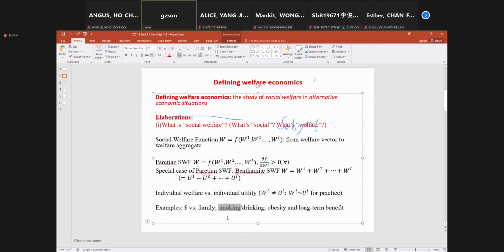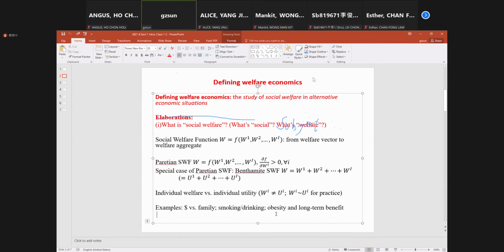But on the other hand, you can't claim it's also good for their welfare, because in the long term, their health may be somehow damaged. That is hurtful to their welfare, to their long-term health. But for short-term utility, short-term pleasure, it helps a lot. So this simple example tells us utility maximization is not the same thing as welfare maximization.